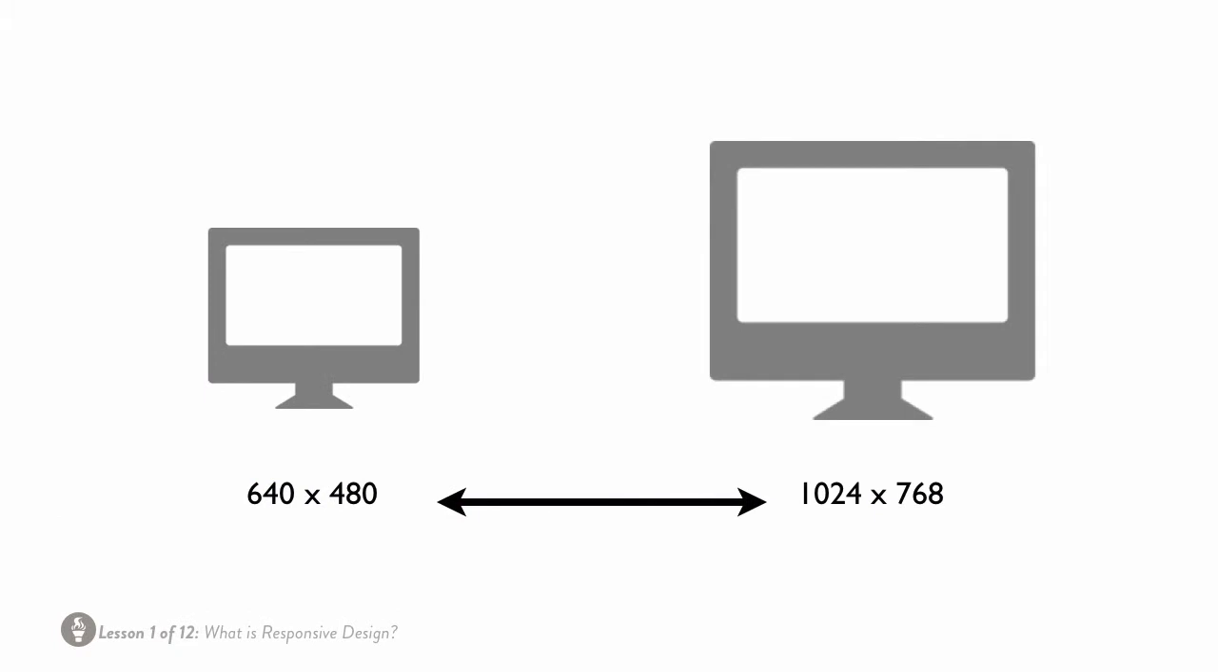Keep in mind that the size of screens largely was the same for many years. So we had this range of about 640 by 480 at the low end to 1024 by 768 at the high end. So the truth is you could get away with fixed layout in this range and not really have to worry